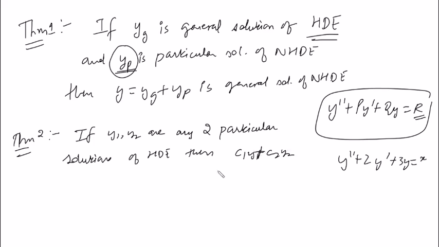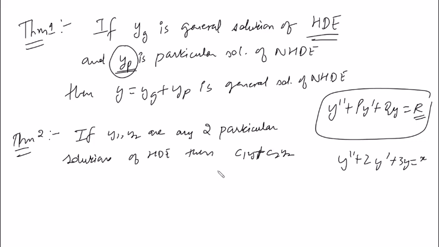So C1y1 plus C2y2 means a linear combination. It means you have two solutions of an equation, but those are particular solutions. Usually, so far what we have seen, every differential equation has infinitely many solutions because the general solution always represents a family of curves, since C can have infinitely many values. But when you are given a condition, only then does it become a unique solution.